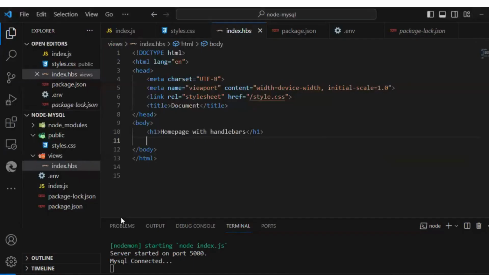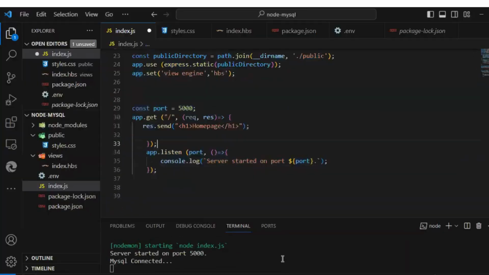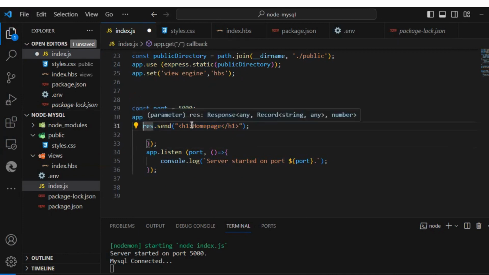Why is this happening? Let's go back to our code and see. You remember in the first video when we connected our server, just to test, we said, please send me a response to the homepage with a heading of a homepage, right? So that is the reason. Let's comment this line and type